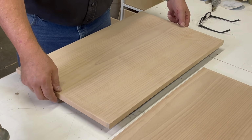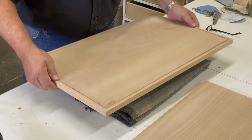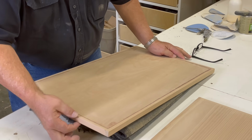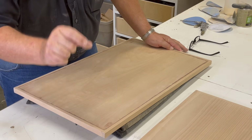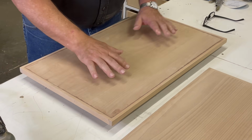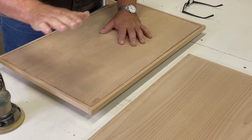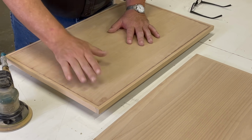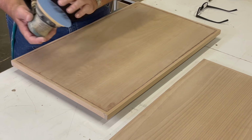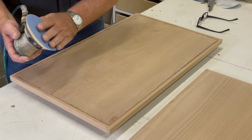I wanted to show you a little trick on sanding. Now this is the back side of the door here. We've already sanded the front side. Remember, I told you that the edge banding that we put on was a little wider than the thickness of our plywood. This is a veneer plywood, and so we want to sand this hardwood down flush with the veneer, but we don't want to sand through the veneer. Veneer's not very thick. Now, I have 100 grit sandpaper on here, but I'm using an old one that is not quite as